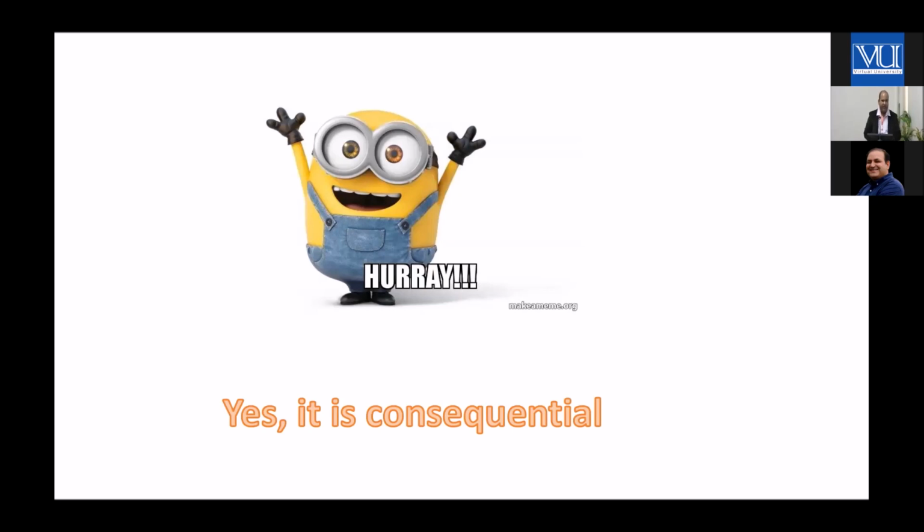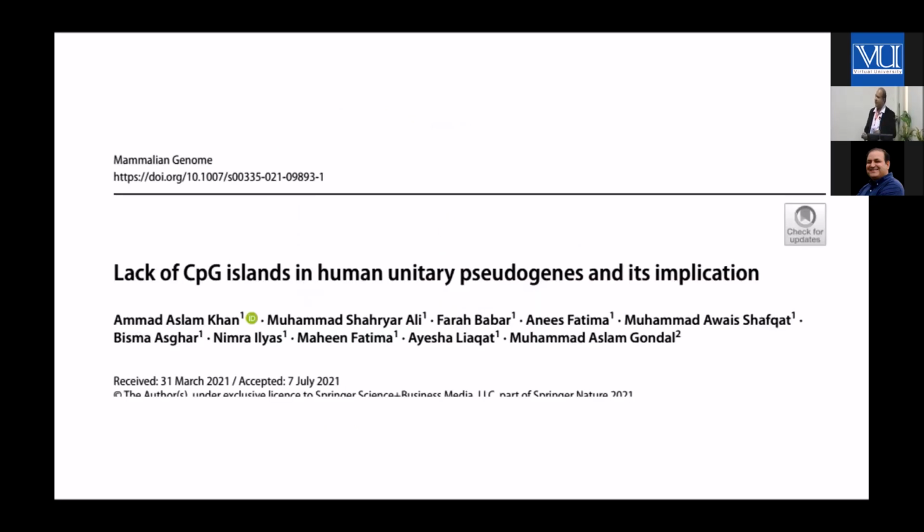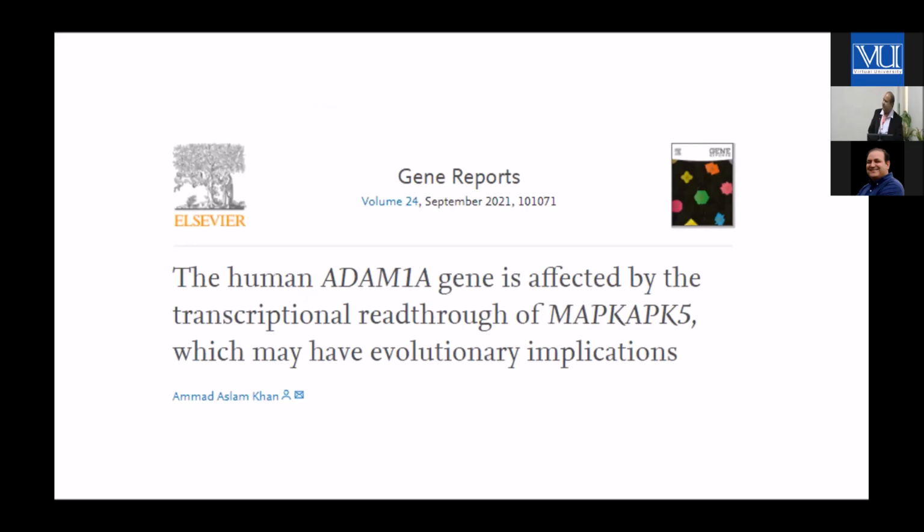So in this way, we learned and showed to the world that we should not just throw pseudogenes away because they are maybe not functional. Maybe they are hinting towards some very important features of the genome: history of the genome, stability of the genome, evolution of the genome. We should not ignore these important relics of our genome. And this was then a paper which was published this year in Mammalian Genome, a very nice journal, you all know about it. And then a secondary paper, which was an offshoot of this study, we came across a gene.